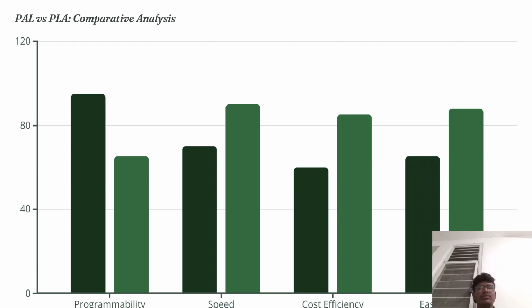This is the PLA versus PAL comparative analysis. This is the starting, black and green color is the programmability. The next one is speed. The third one is cost efficiency. For the ease